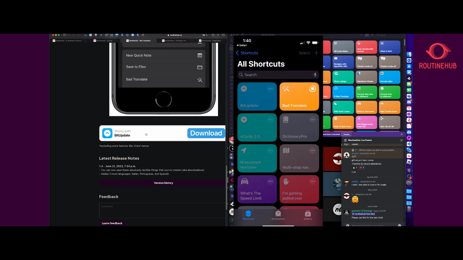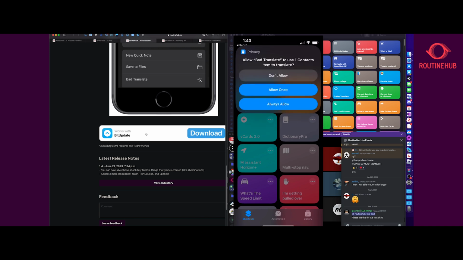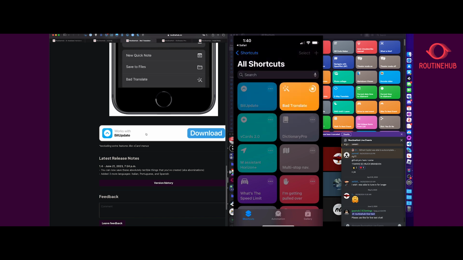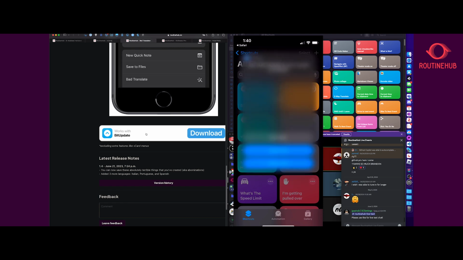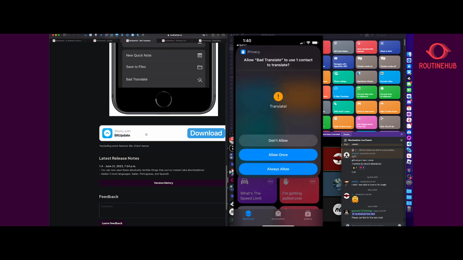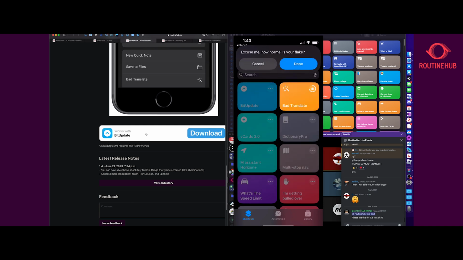I think what it does, from what I can see, is it runs the thing through a bunch of different times, and so then the translate function kind of just goes farther and farther from what it was going to say. Just keep going back and forth between Russian and English and Japanese and Hindi. It's like a game of telephone basically.